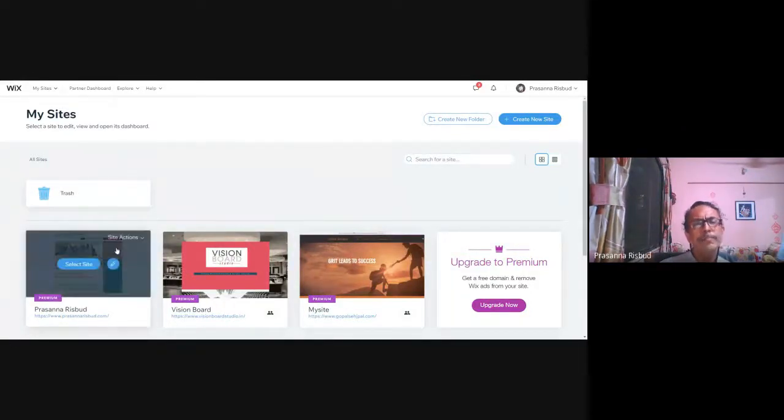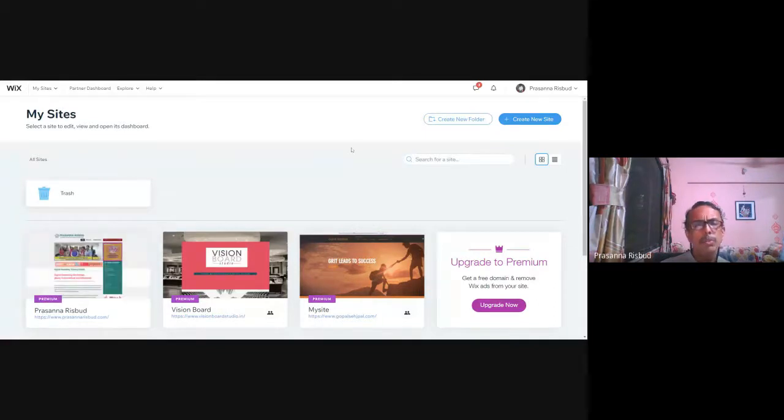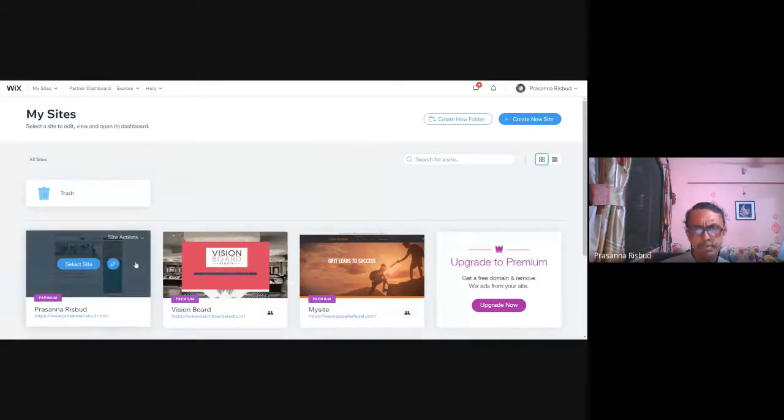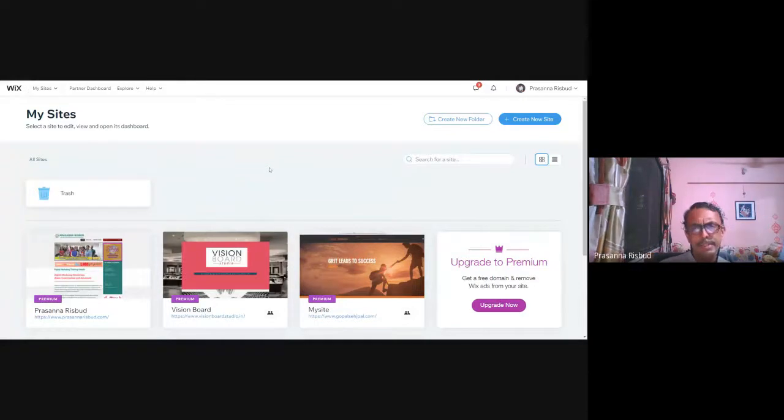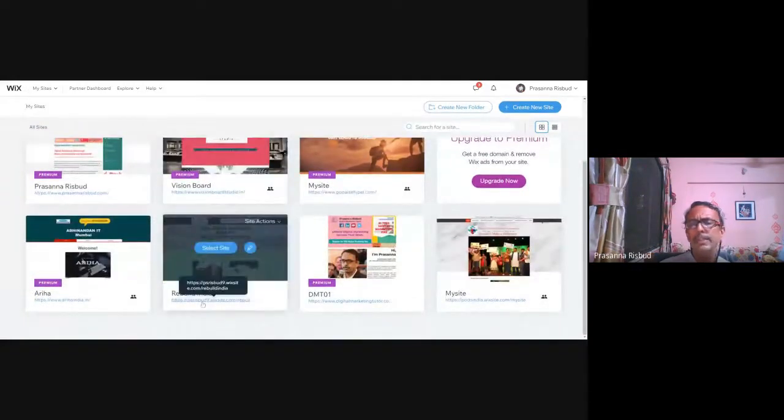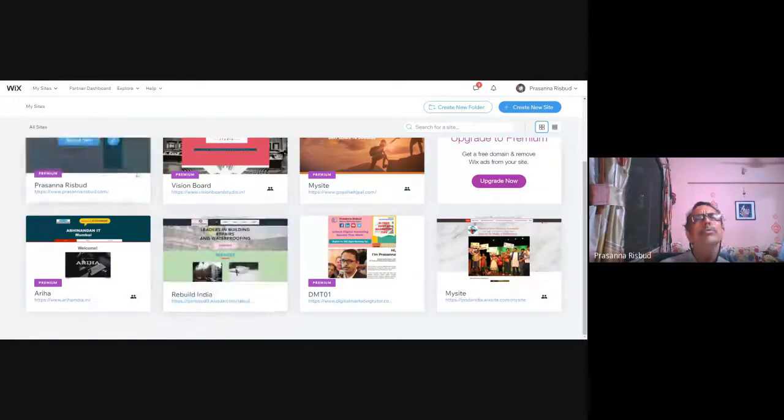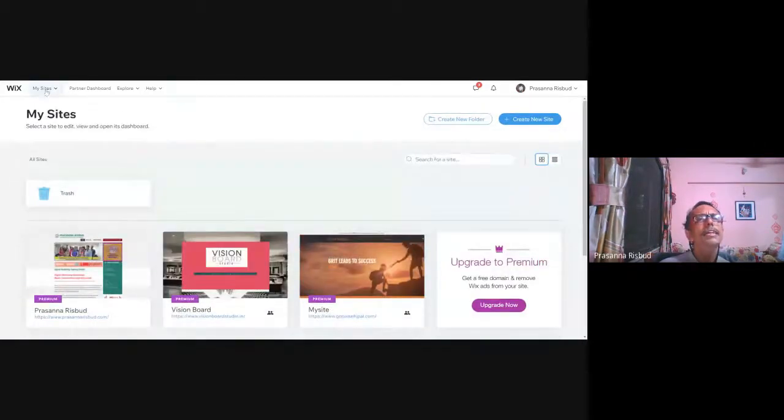Obviously, that is paid content. You will have to pay for the domain, you will have to pay for the web space, designing and everything. But if you are using a free site, nothing. It's completely zero. All you have to do is select any of the ready-made templates. You can just select create new site after logging into Wix with your Gmail, Hotmail, Yahoo, any of the ID you can use again. It's a free account and you can click on create new site.